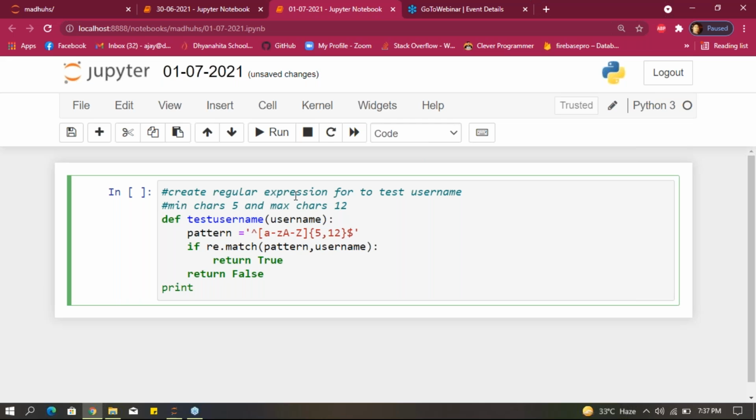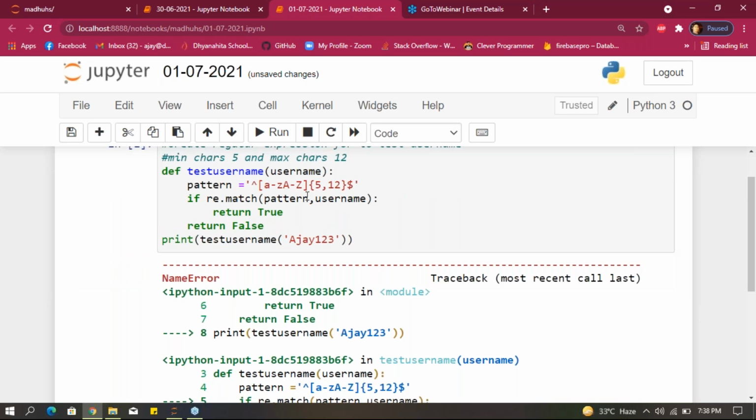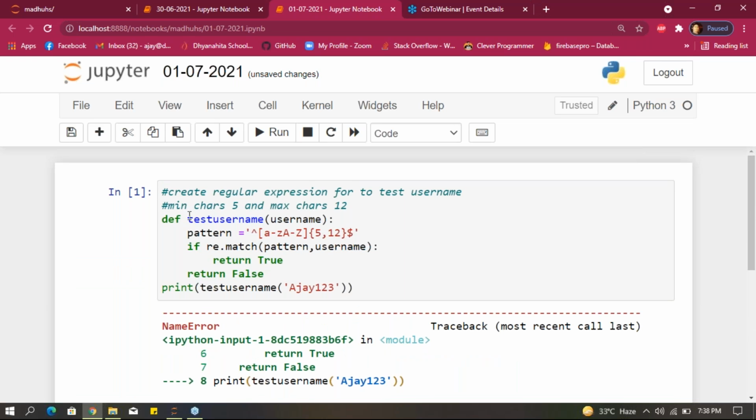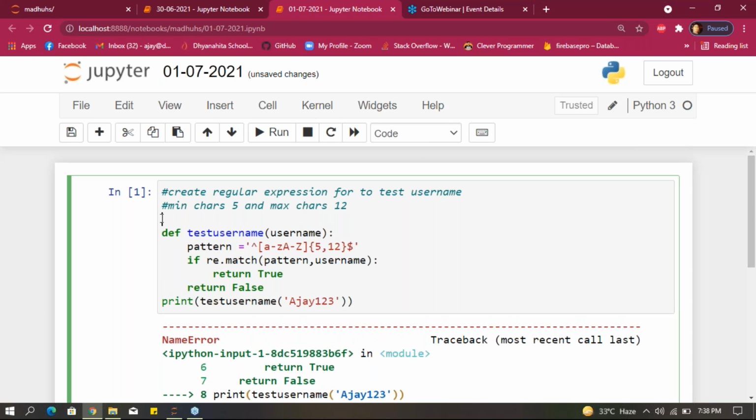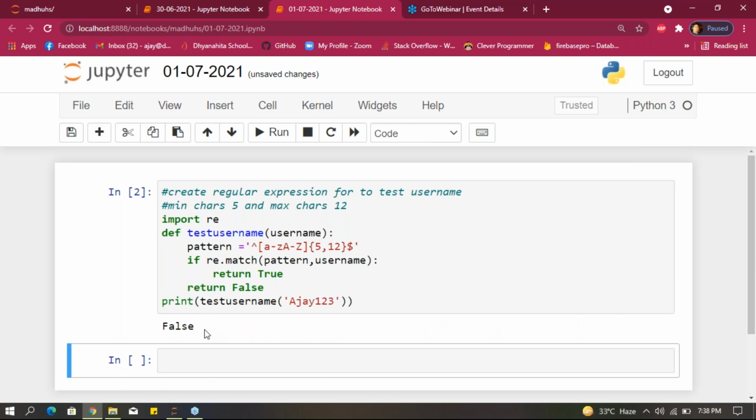After that, print by calling the function test username and give, for example, Ajay123. Sorry guys, before that import re. If you run that, I'm getting false.